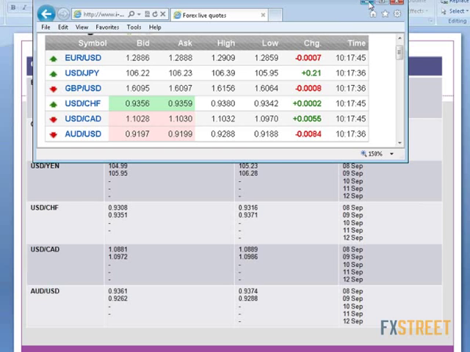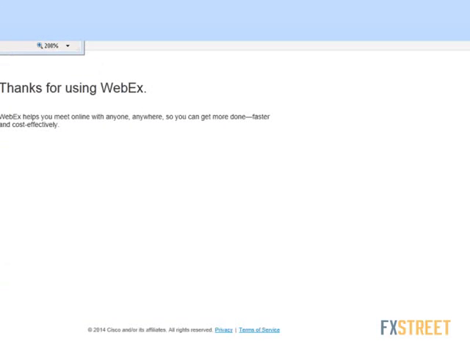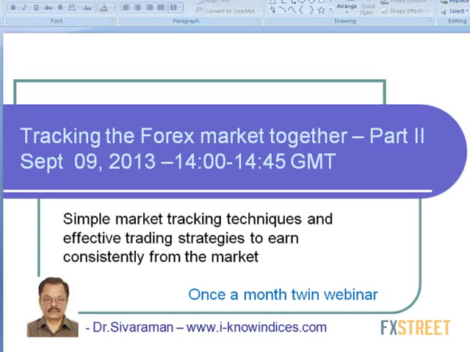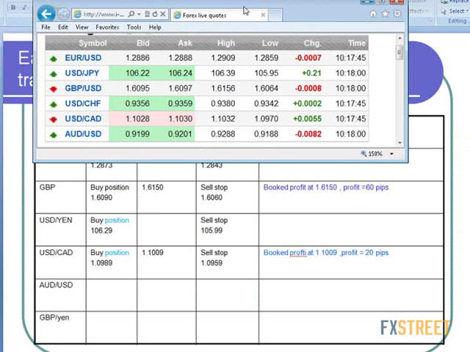What we do is just follow the type of moves they are making in the market. So now we have compared the market with the initial lows and highs. I will explain to you what happened to my trades. During the European session, I took a buy in the case of Euro around 1.2873. Why? Because they made a downward move and kept below